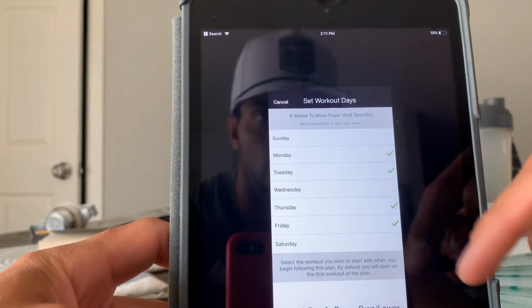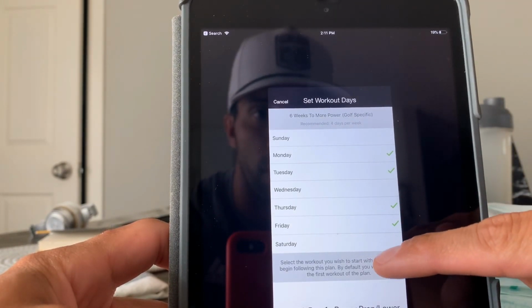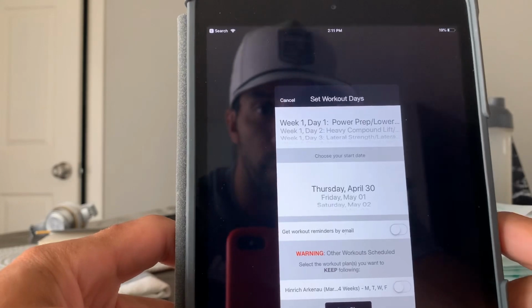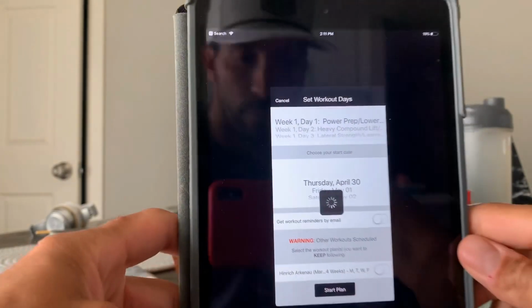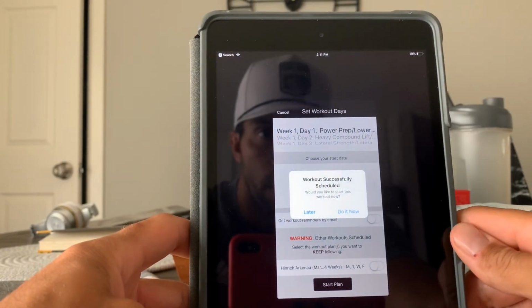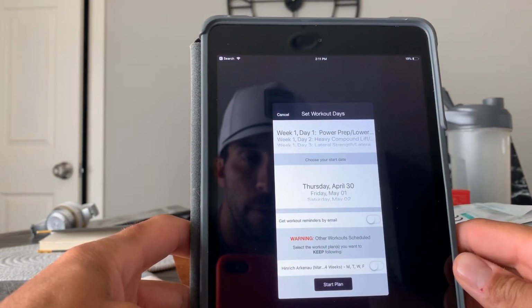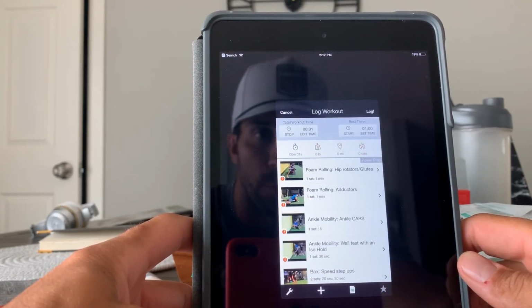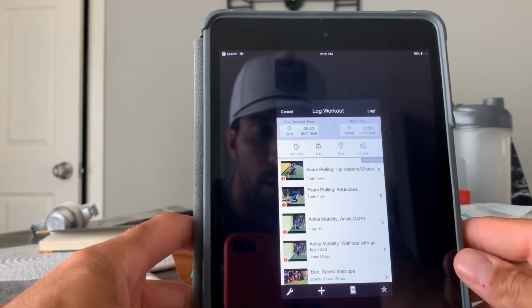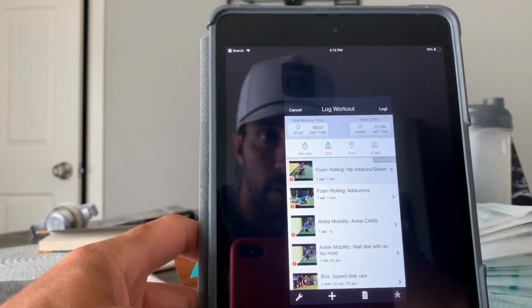And it'll show you which days. You can switch up your days if you need to, but all you've got to do is go quick down to the bottom, start plan. Schedule, do it now. It'll go to your calendar. It's going to go to the right, the first workout that's scheduled for your week. And then you can see